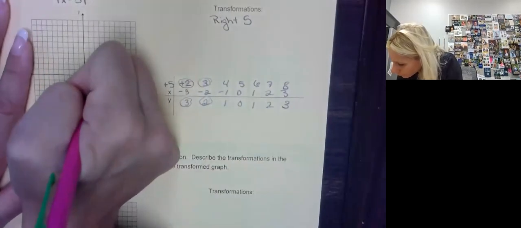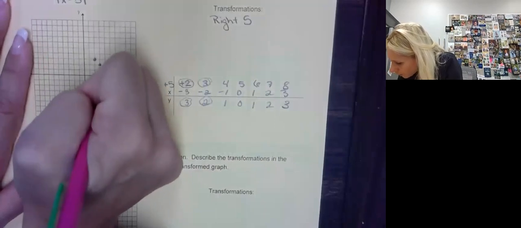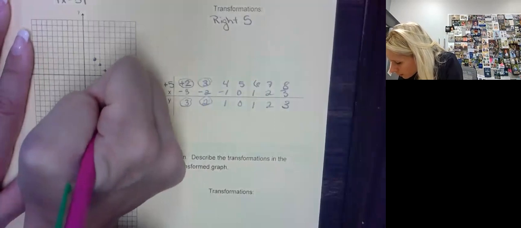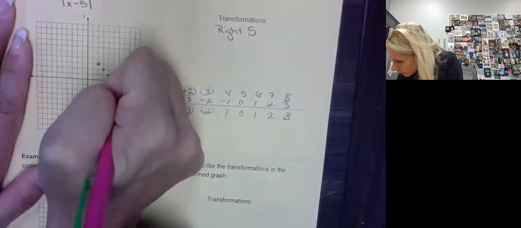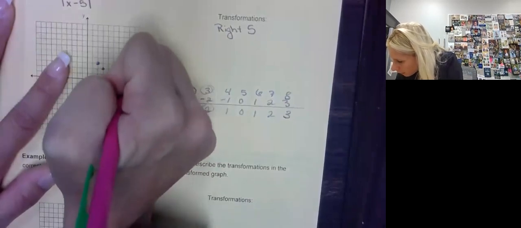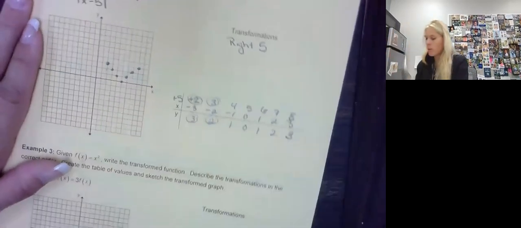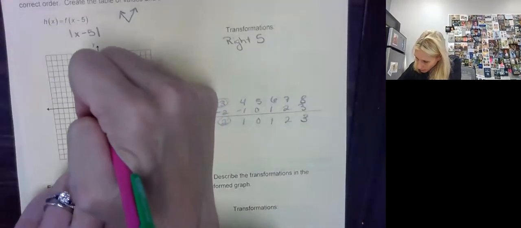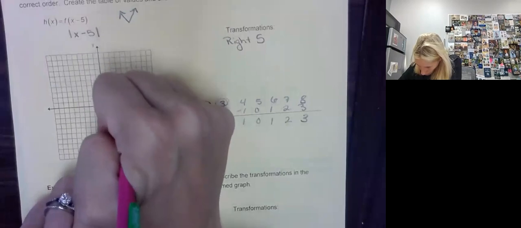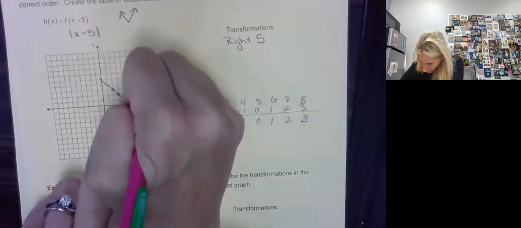3, 2, 4, 1, 5, 0, 6, 1, 7, 2, 3, or 8, 3. What do you know? Did I move it to the right? Yes, I did. Now make sure, because we know that this is going to be a V, that we don't